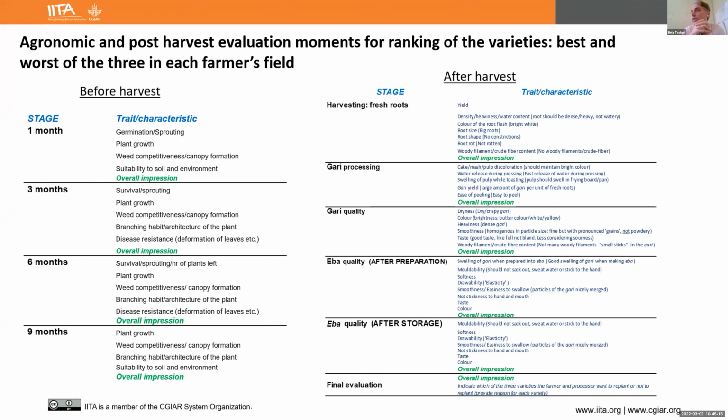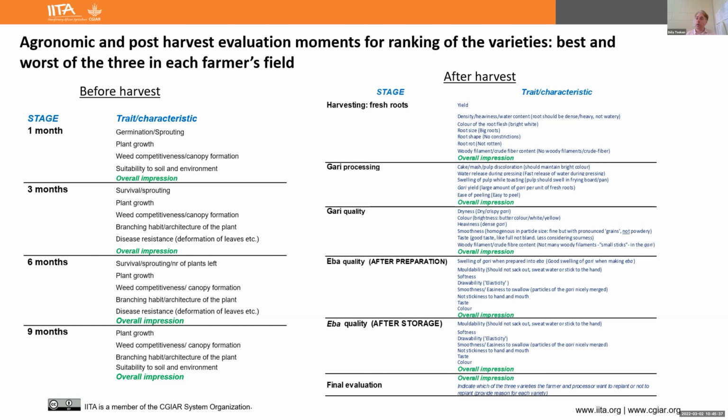Here you see it, weed competitiveness and canopy formation, starting even from 1 month. From 1 month to 6 months, we evaluate this, even to 9 months. It's a very important aspect actually, and it's not always related to branching.